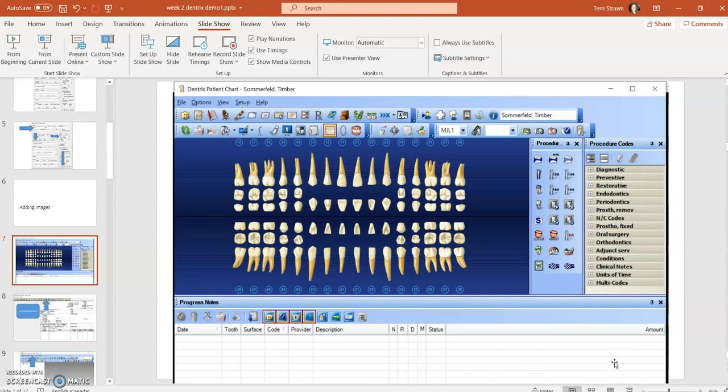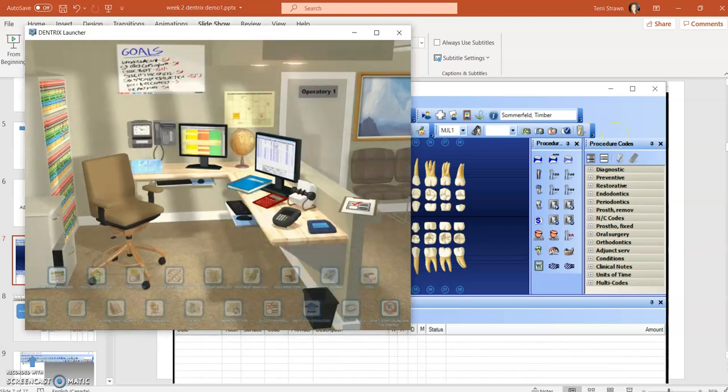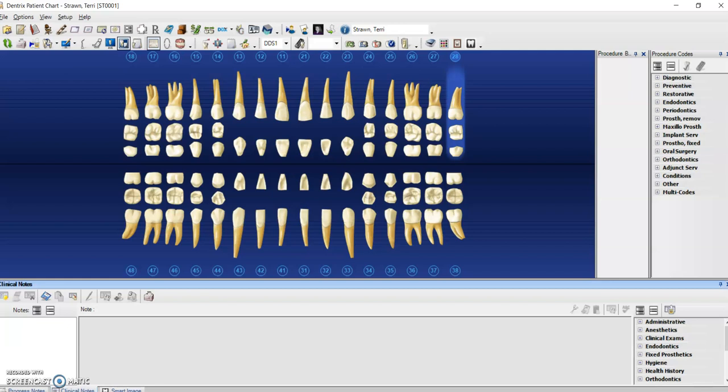Now let's take a look at the patient chart. One thing that you will notice, this is the screen that you normally see in clinic. So you'll see that there are procedure buttons here, and you'll see also at the top that there are no imaging buttons here. So when we go to the Dentrix G7 software that you are using for this course, it